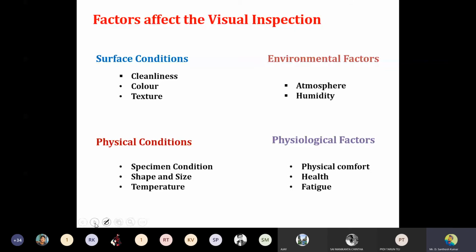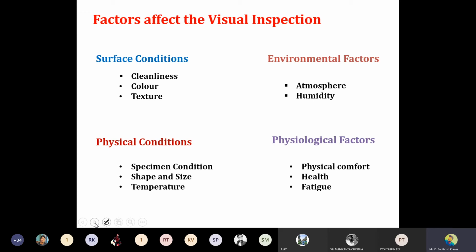If you do not clean your component properly, obviously any kind of dirt particles may be present over the surface, and that may cover your defects, flaws or any kind of cracks. That is the reason why you can't identify the crack, because the crack overlaps with the dust particles. So before going to any kind of inspection, cleanliness is one of the major factors. The color also you have to check, because color identification is very important to easily detect defects, depending upon the wavelength. If you are using red color, you can easily detect those kinds of things.